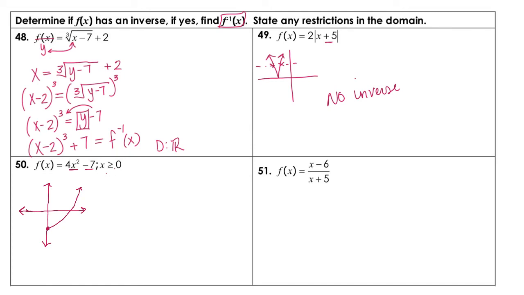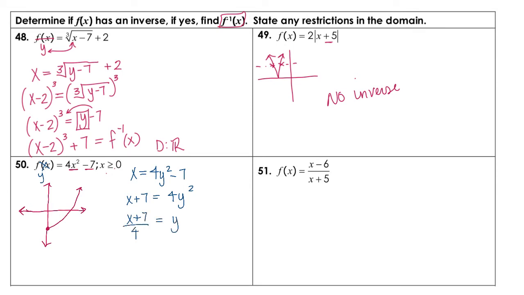So let's go ahead and try to find it. And again, a quick reminder that your f of x has changed back over to y, and we do swap places with x and y. And so we're going to have x equals 4y squared minus 7. And so we have x plus 7 equals 4y squared. And now we're going to divide by 4